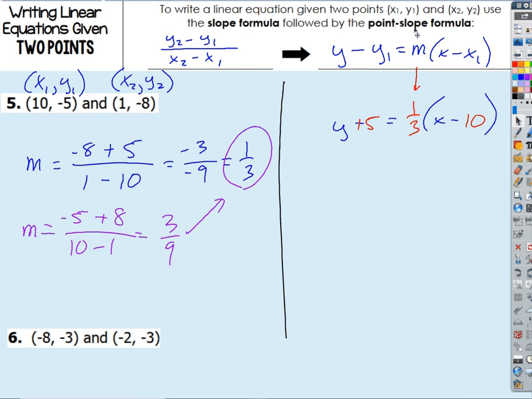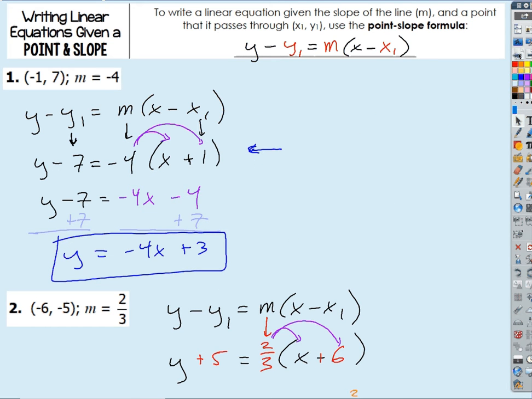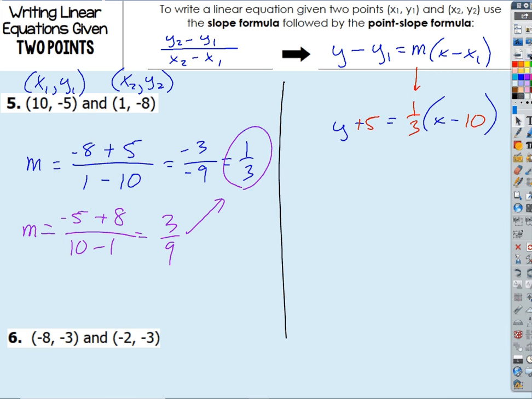Okay, so if we have 2 points, the problem became we weren't just given the slope. Like in these other examples we did, the first ones we did, they were pretty simple. They gave us a slope and a point, and all we had to do was substitute -4 for m, and then x1 and y1 are the coordinates of a point, so I would substitute -1 for x1, and +7 goes in for y1, and I just plug and chug, right? Plug those things in and solve for y, and I get an answer. Okay. This one is one step harder because